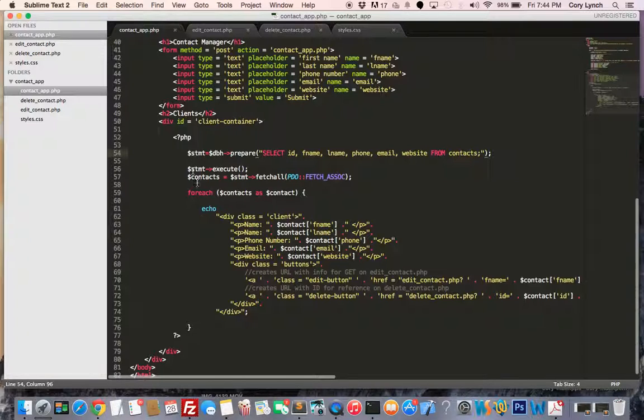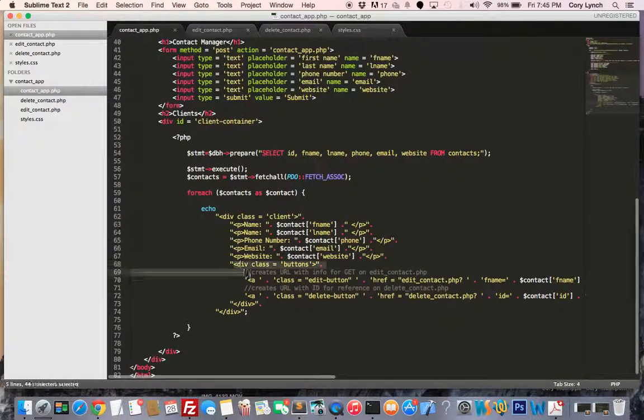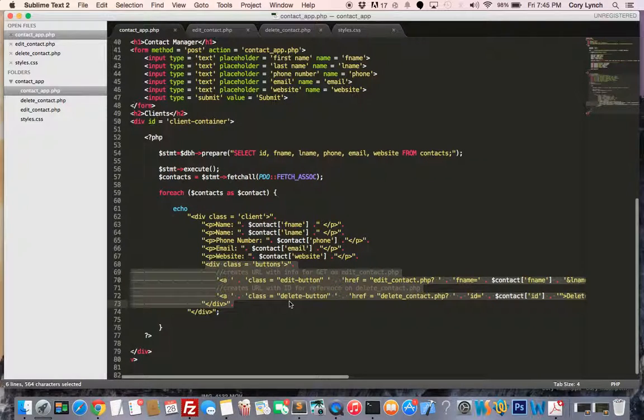And then from there, we're going to put it in a variable, contacts. So everything is in contacts right now, and then for each contact, we're going to have it as contact. And then we're going to echo out for each and every single one. We're going to do some HTML structure, and then with bits in between where we're actually adding the information, which is contact, first name, last name, email, website, and that's all of the information. Then over here we have the buttons. We do have an edit button,